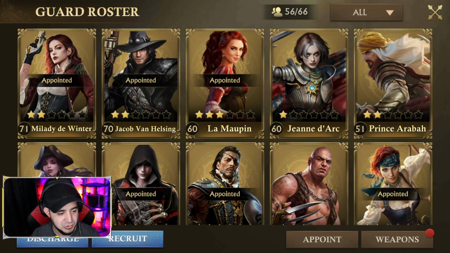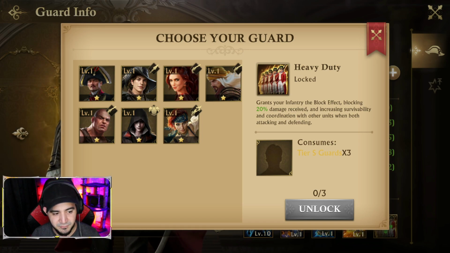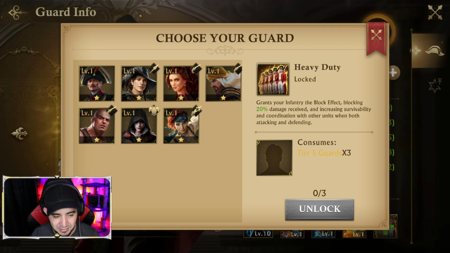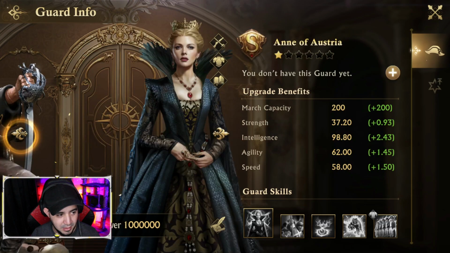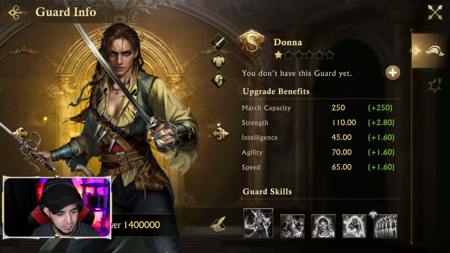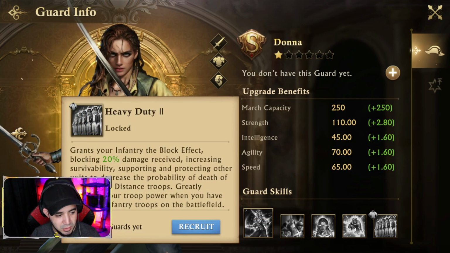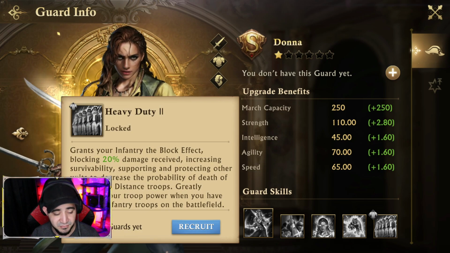Now it says heavy duty 2, and if you take a look at Aramis, that one is just heavy duty, which is really interesting. Now it says here, grants your infantry the block effect, blocking 20% damage received and increasing survivability and coordination with other units when both attacking and defending. So if you take a look, the wording is actually a little different. So let me go over to her. Heavy duty 2, right here where it says supporting and protecting other units to decrease the probability of death. What this is